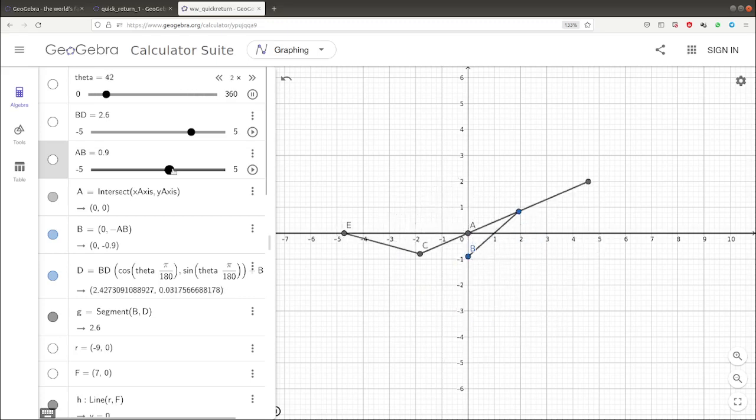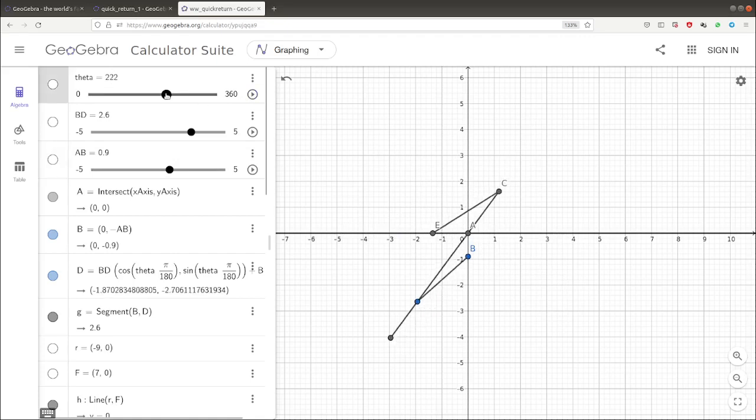Right. And one more thing, for this case, how can I identify the quick return ratio? If you notice here, when am I getting the extreme position of this E value? I'm getting the extreme position of E when this point D reaches this line. Just notice it.